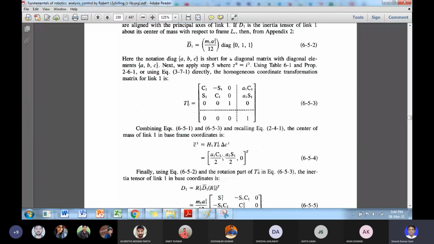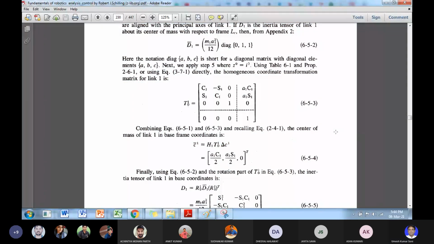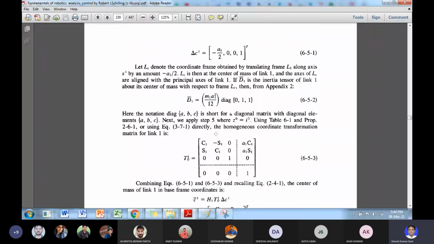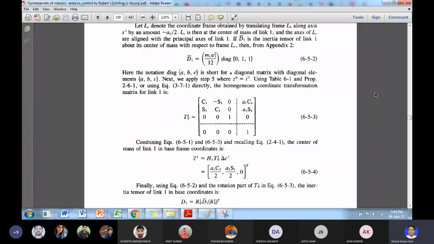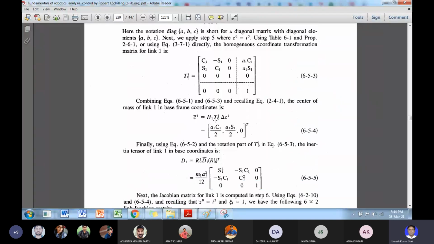Okay, so for this you have used the H1, that is the identity matrix extended with 0 element, and this is the transformation matrix here, and this is the center of mass with respect to the kth coordinate, the first coordinate. So from here we took this element, represented to the kth coordinate, then you will get finally this.